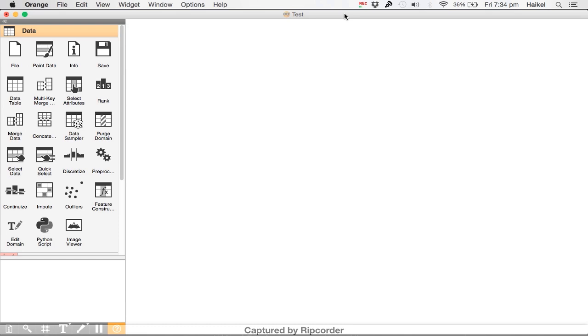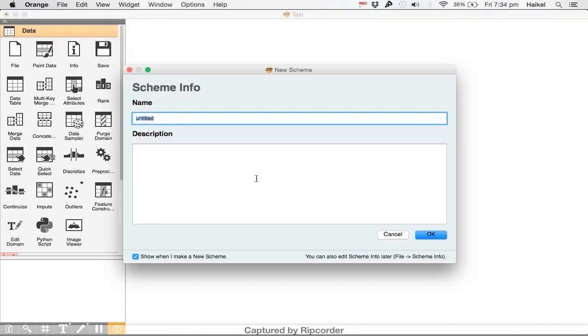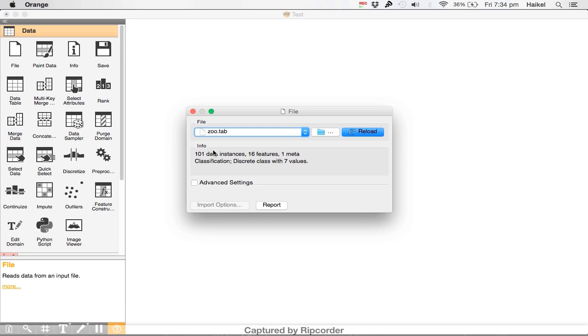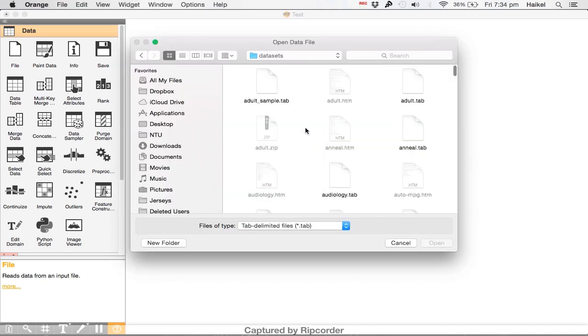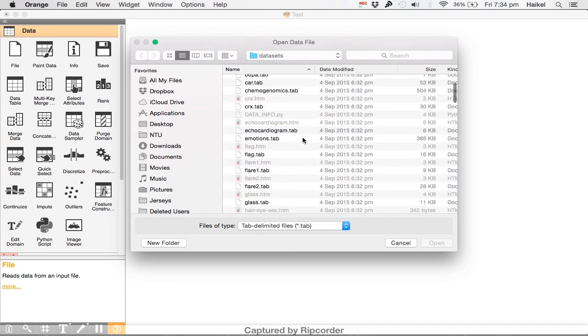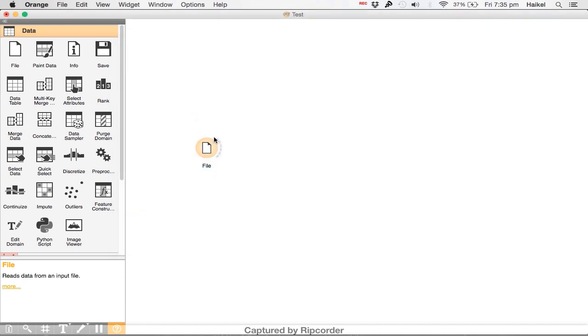So first we'll be training the available data files in order to predict future unknown instances. So open a new data file and title it test. Alright, so now you drag a file widget over and then you double click it in order to open your data file. And then for this example, we'll be using the vehicles data file. So for the vehicle files, it's actually a numerical data set, and then afterwards, later in the tutorial, we'll be going through analysis of